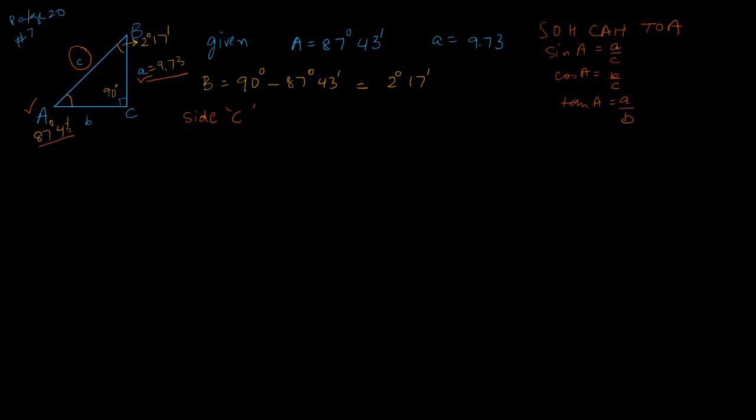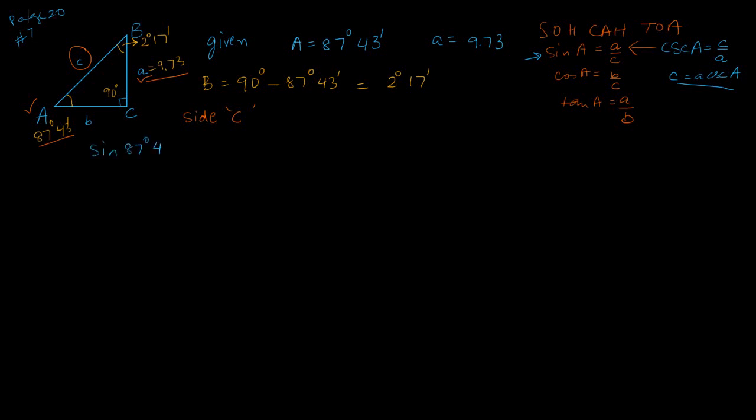Clearly it's going to be sine A. Now, this is where you can make life a little bit easier for yourself if instead of sine A you use cosecant A, which will be C over A, and after cross multiplying, C will be equal to A cosecant A. We don't have to use this formula, but we can just solve side C using this formula that everybody is more familiar with. So sine